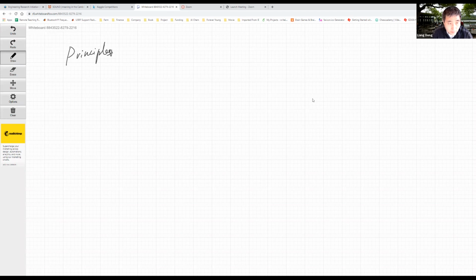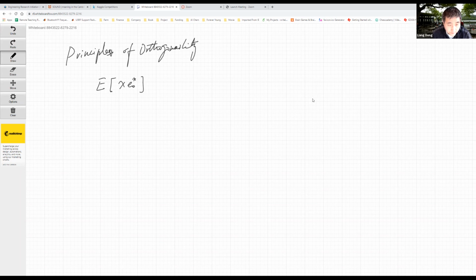Principle of orthogonality. The principle of orthogonality is saying that the expectation of x times E0 conjugate is, this is my expectation of the